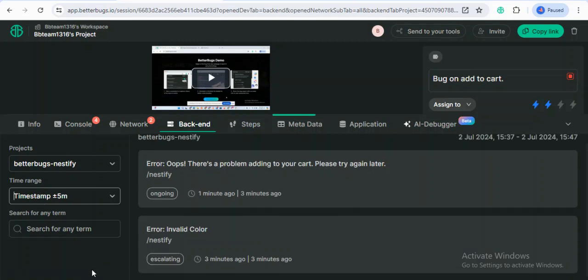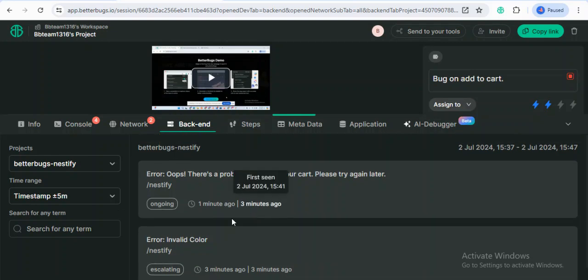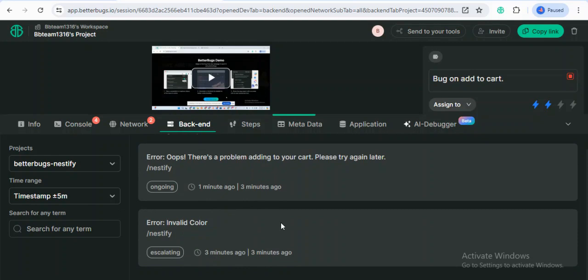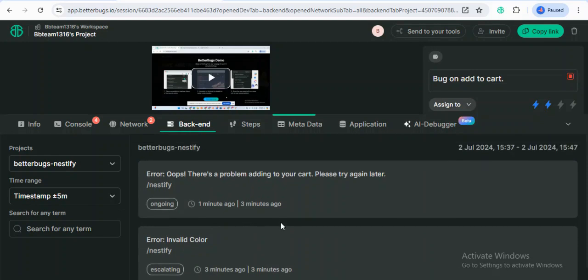And now here you can see that whatever logs or errors which we have got in Sentry are directly reflected here in the front end. So you do not need to go to Sentry separately every time any error occurs. You can directly see the Sentry logs here in the front end, directly in this app session page. So this is how BetterBox integration with Sentry helps the developers debug the issues in a quick and efficient way.